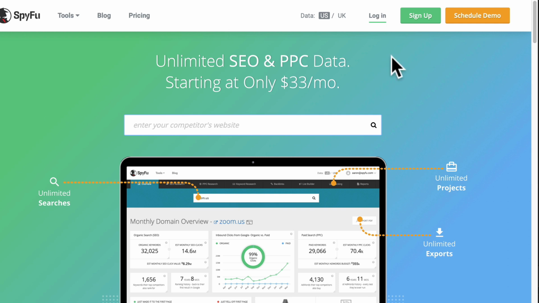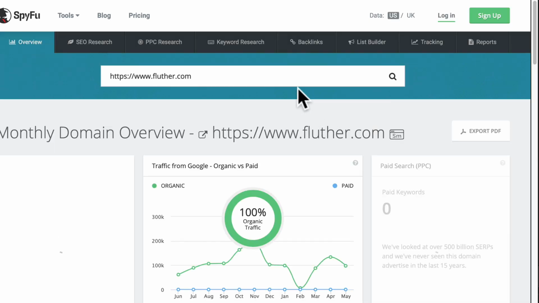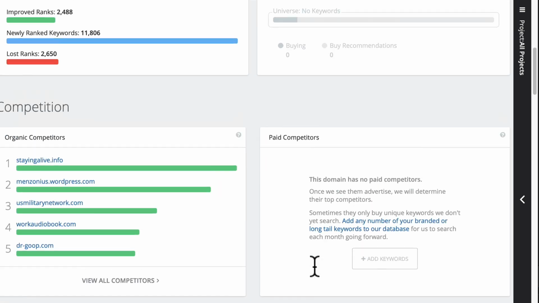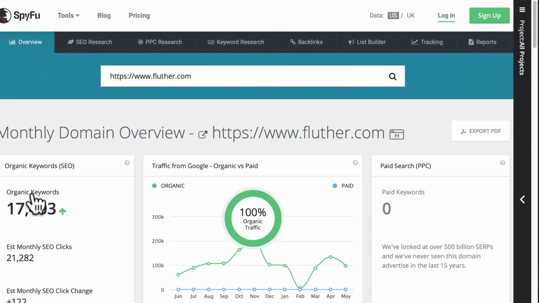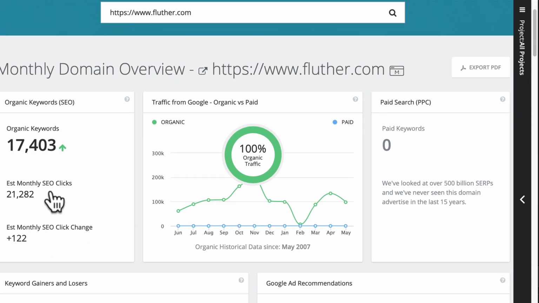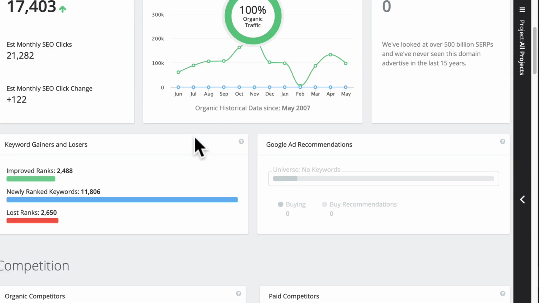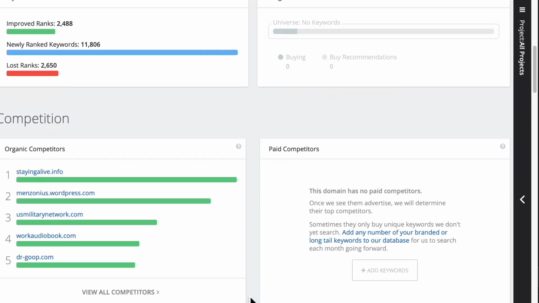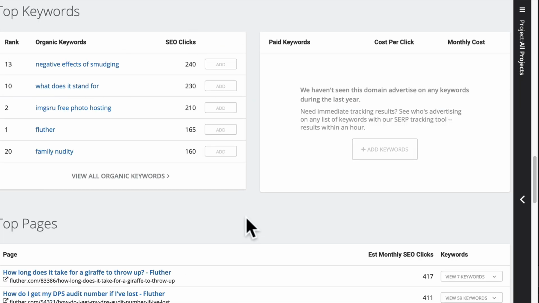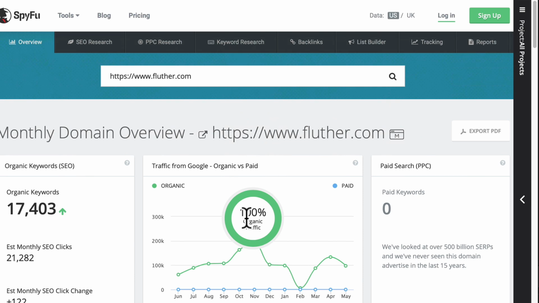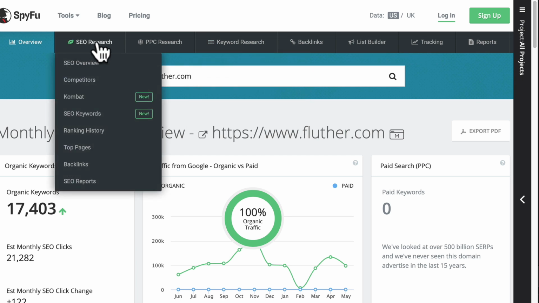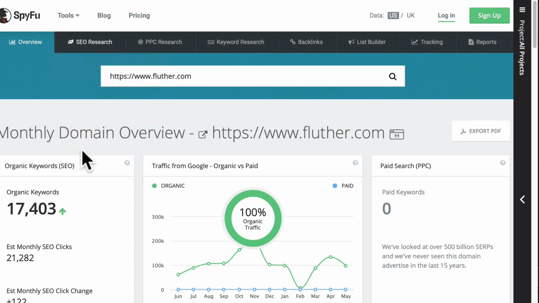So on the landing page, type in flurther.com into this bar, then we go search. What it's going to do is bring back a lot of data about this domain name. So it's going to show us how many organic keywords it's currently receiving traffic for, estimated monthly SEO clicks, and then an indication of how things have changed over time. So lots of useful data for us here, but what we're really interested in is the top pages. So here we have this nav bar. What I want you to do now is go to SEO Research, go down to top pages,